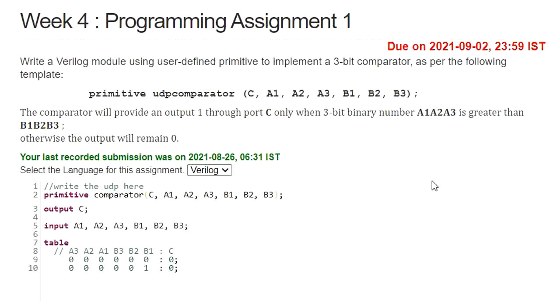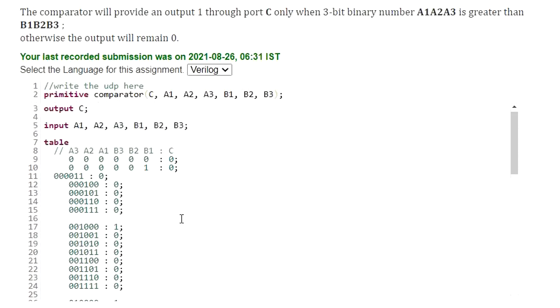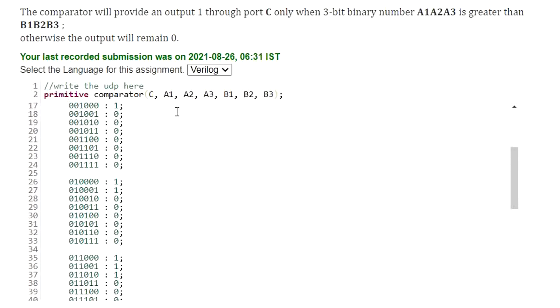I've already written it over here in a separate file. I'm just pasting it. Okay, here you can observe this is the third case. Here you can map this to A3, this is A2, this is A1. This is just for our understanding. I am giving the spaces. This is B1, and so the output will be 0. So all the possible cases I have written here. When A3, A2, A1 becomes 0, 0, 1 and B is 0, 0, 0, the output will be 1. Means when A is greater than B, here A is 1, B has 0. That's why I am giving the output as 1, means C becomes 1.